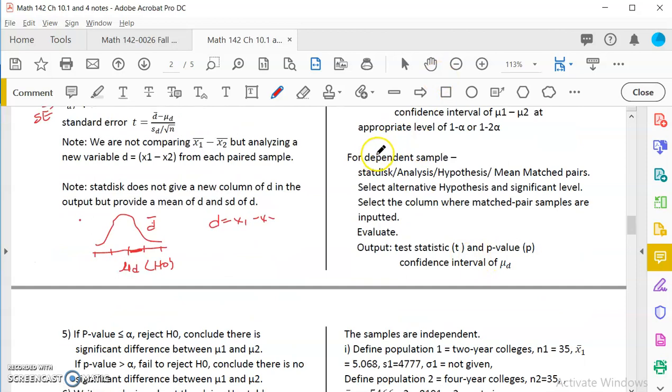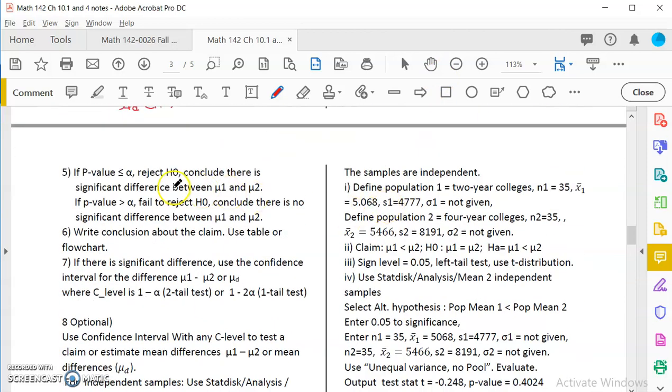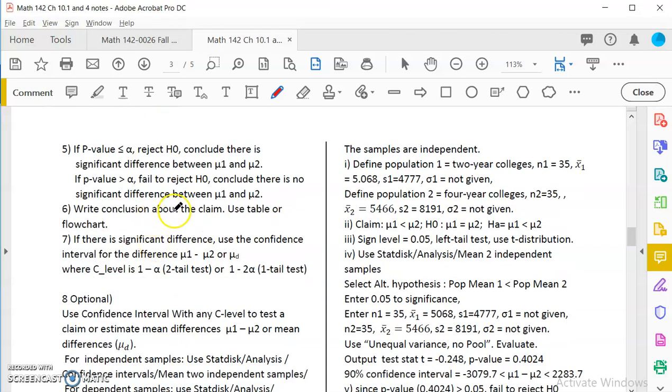But for dependent sample, you will do match pairs, right? You also will evaluate and everything. The rest is the same. If p-value is lower than alpha, you reject the null hypothesis and you will say there's sufficient evidence. And if the claim is the null hypothesis, then you say reject. If the claim is not, then you